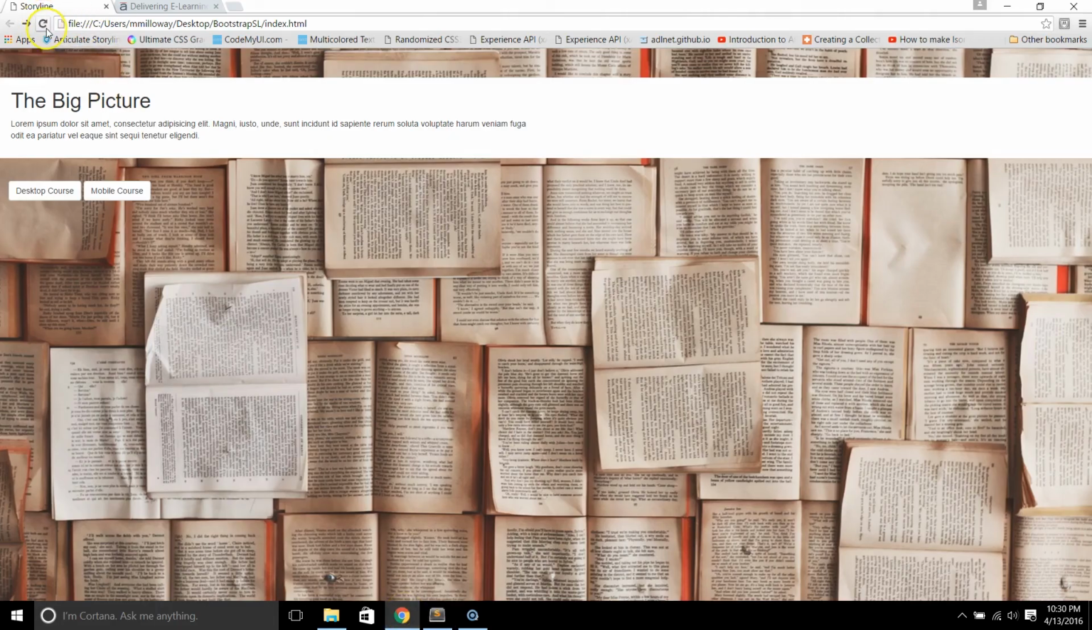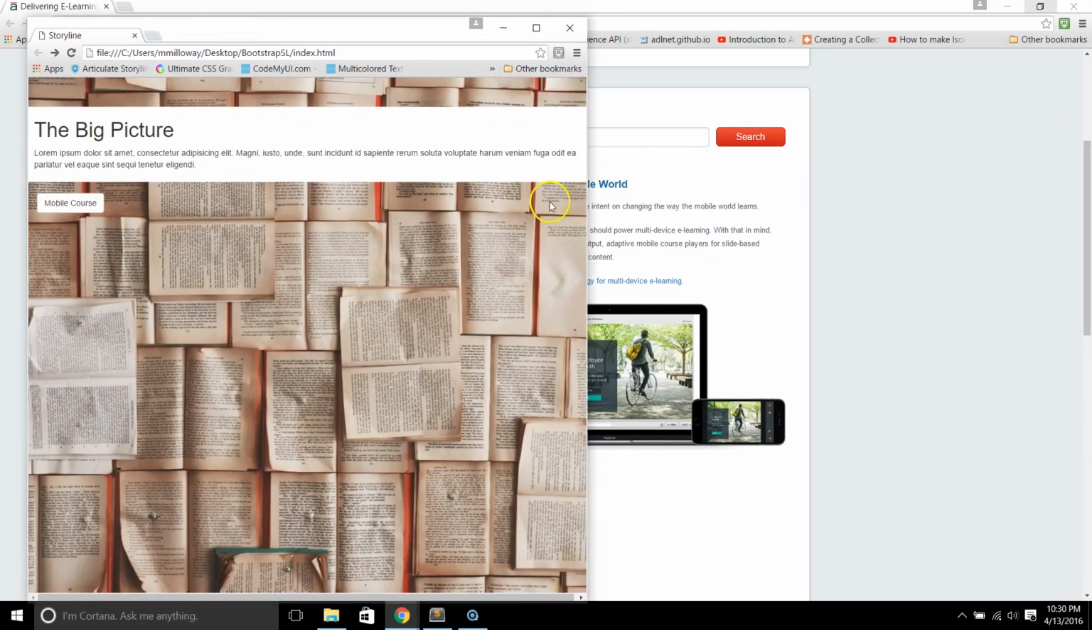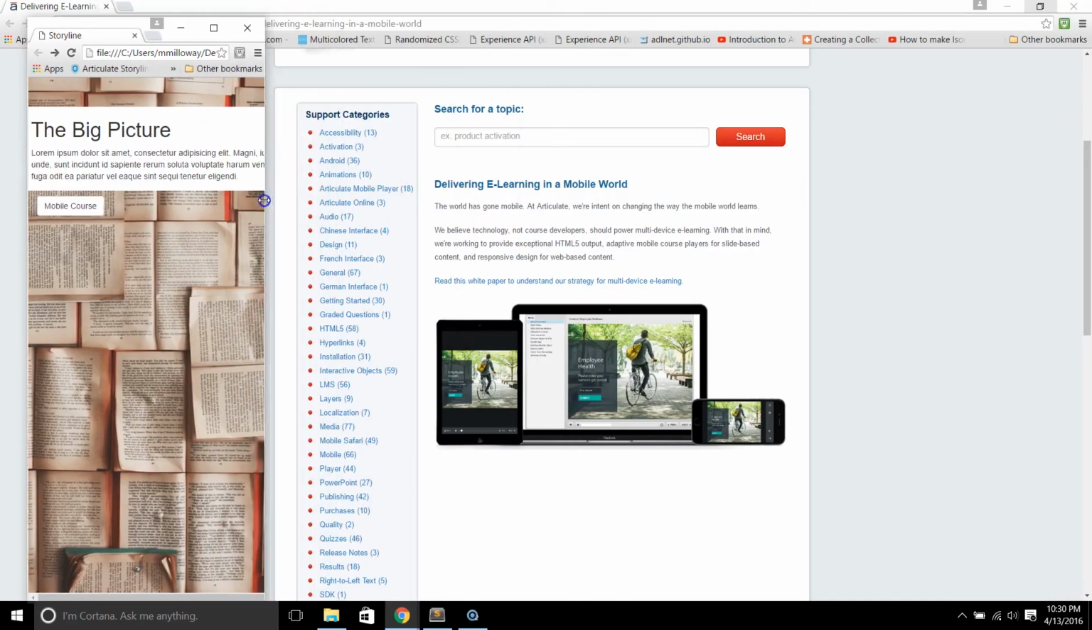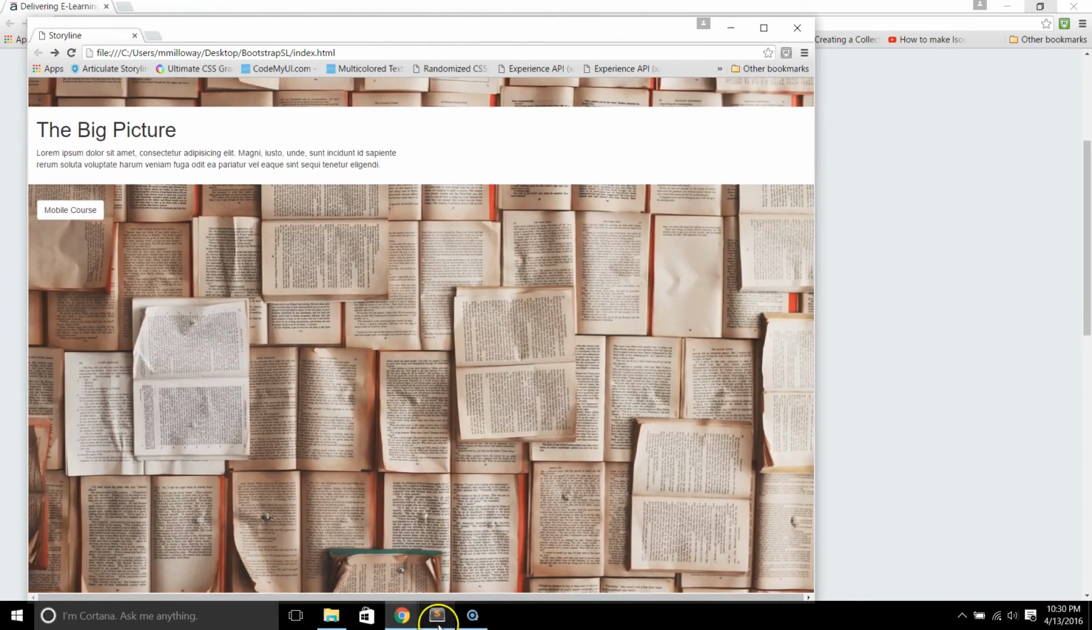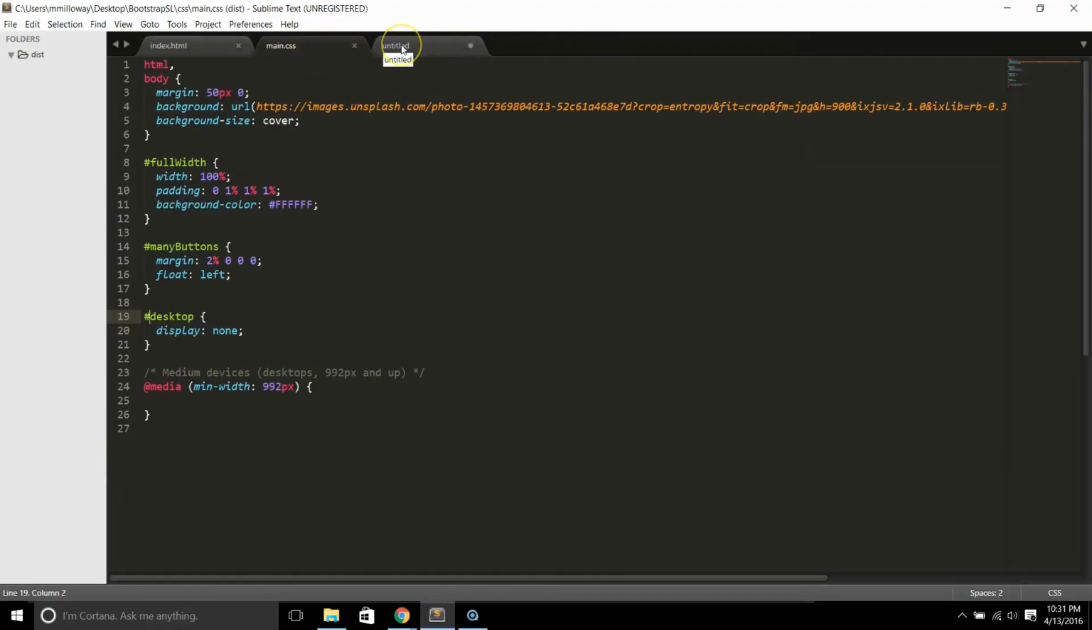When I refresh the screen, we should only see the mobile. Great, this is awesome. That's saying that we're only going to see the mobile. So what if we resize the screen to much smaller? What's going to happen? Let's see. Nothing. So we want to go ahead and add the extra CSS to the media query